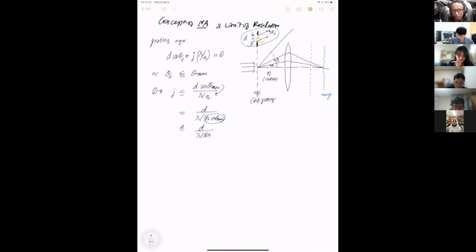So now we can define D over lambda over NA. So what does this mean? So let me go back. D is in fact the grating spacing, but it's actually the smallest feature size of your object. Okay, so how can you interpret this? Okay, so to form an image, what you find is the integer J has to be smaller than D over lambda over NA. What does this mean? Thus, your resolution